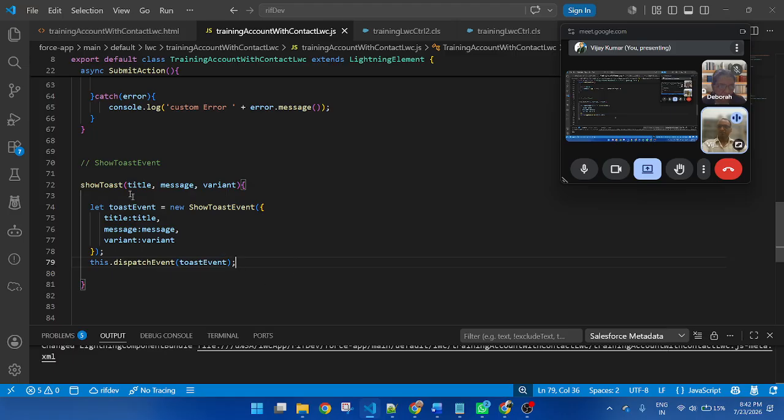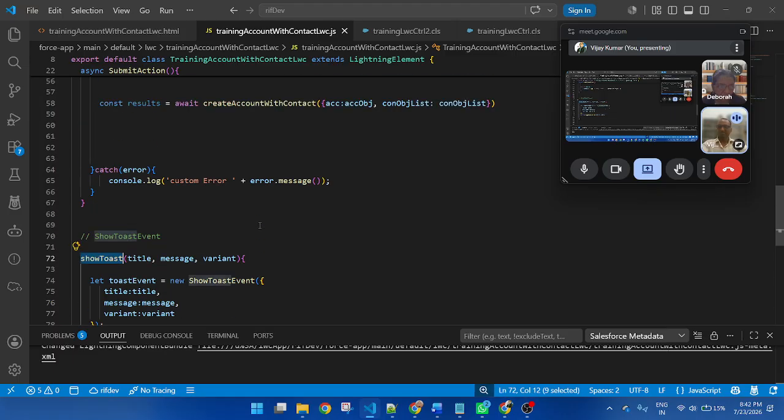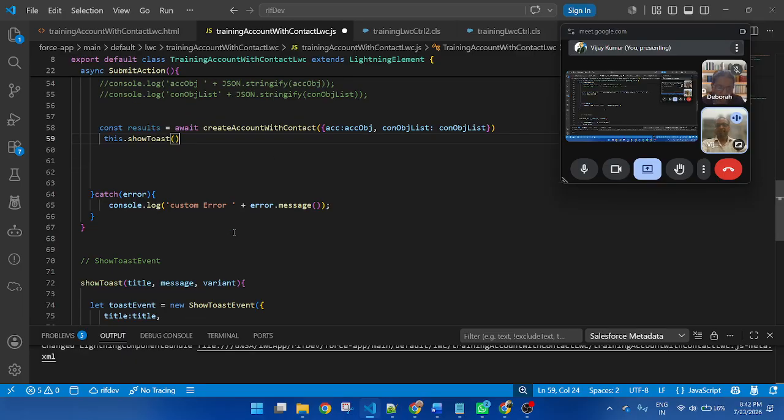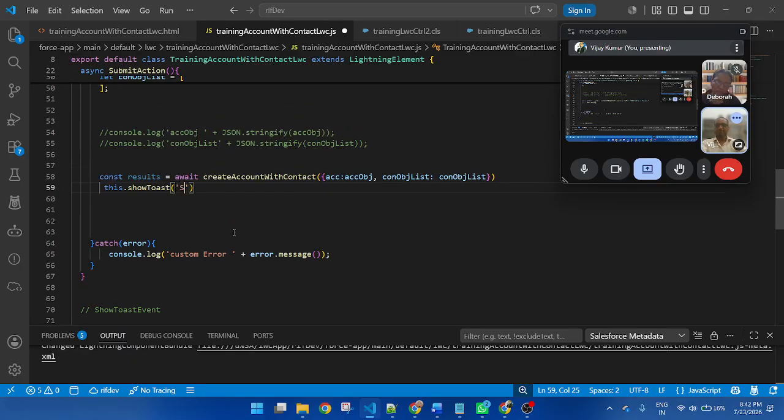Okay. Now this toast function, I will apply here. Once the record is inserted successfully, I want to display a toast message. This dot toast, so toast and pass success, comma. This is a constant variable that will return data that is coming from the Apex class method.